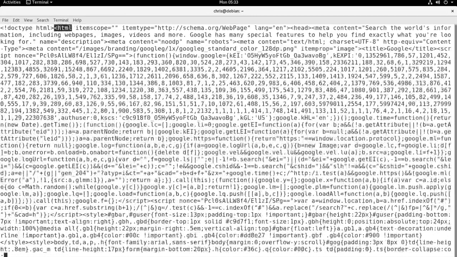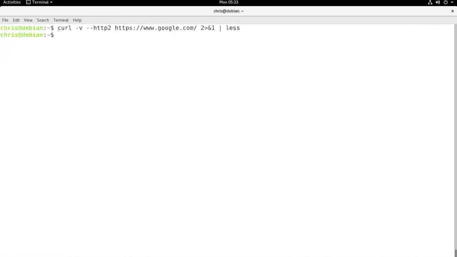So there we have it, just HTTP2 at a high level. And now Chris Davis will talk more about looking at the traffic in depth and decoding it in Wireshark.